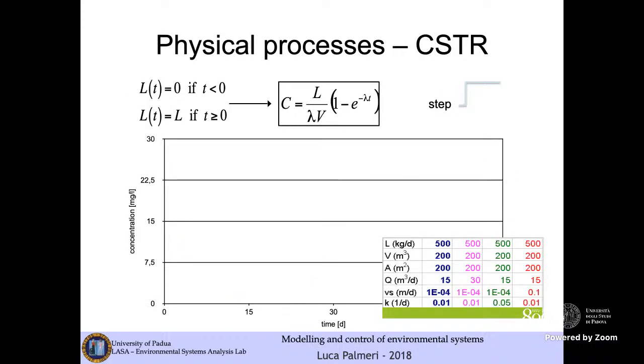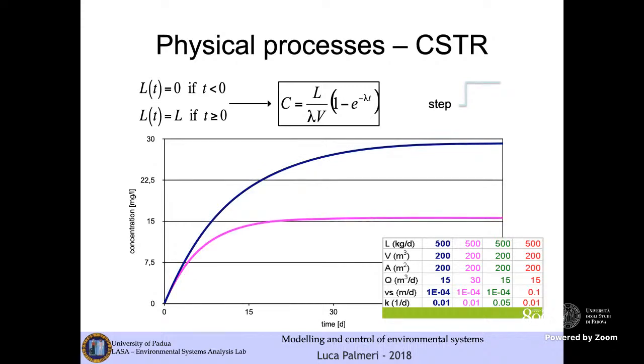It happens differently if, for example, you consider a step load function, represented by a step. This means, for example, that somebody at a certain point builds a discharge or a sewage system that brings polluted water, pollutants, into your water body. In this case, the solution, as modeled by the CSTR, is this one. The concentration depends again on the load function, the volume, and the exponential decreasing coefficient. In this case, we have a kind of saturation behavior in which the purification by dilution stops after the plateau